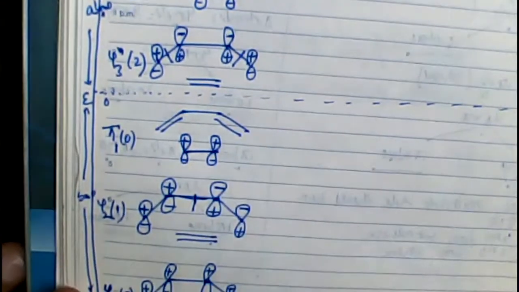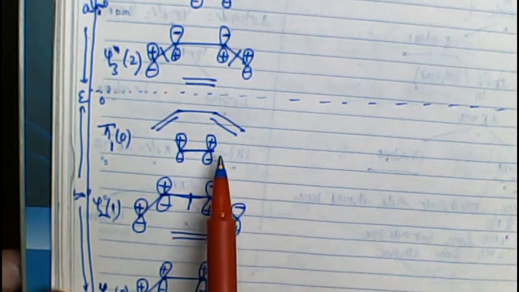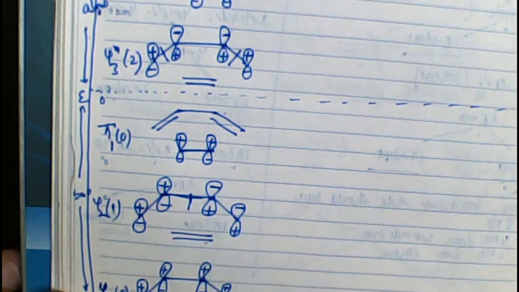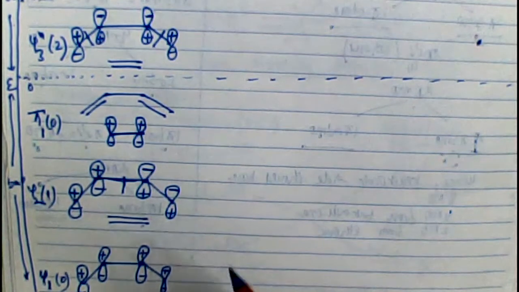Now the question is, how have I arranged the orbitals on the energy axis? My consideration was the most stable orbital is that of the butadiene, in which all the p orbitals are conjugated. That means no node is there. So this is more stable than this one, right? Obviously, because it has 2 conjugated pi bonds, this should be more stable than the other one. Therefore, this is at the low value of energy as compared to this one.